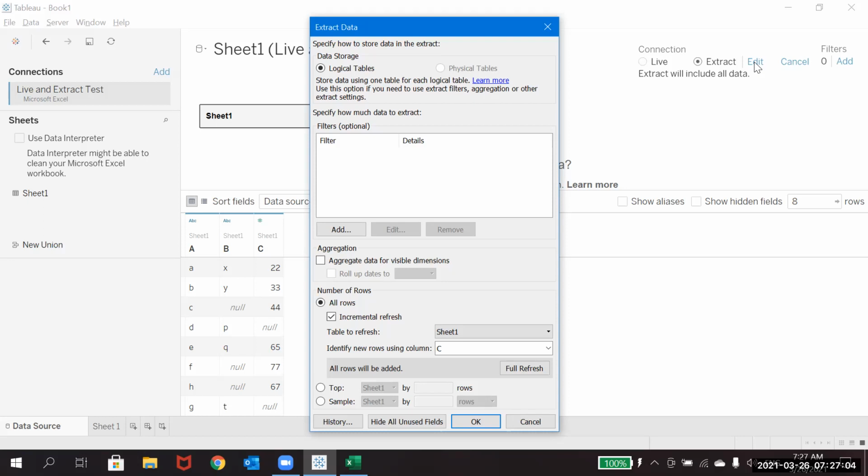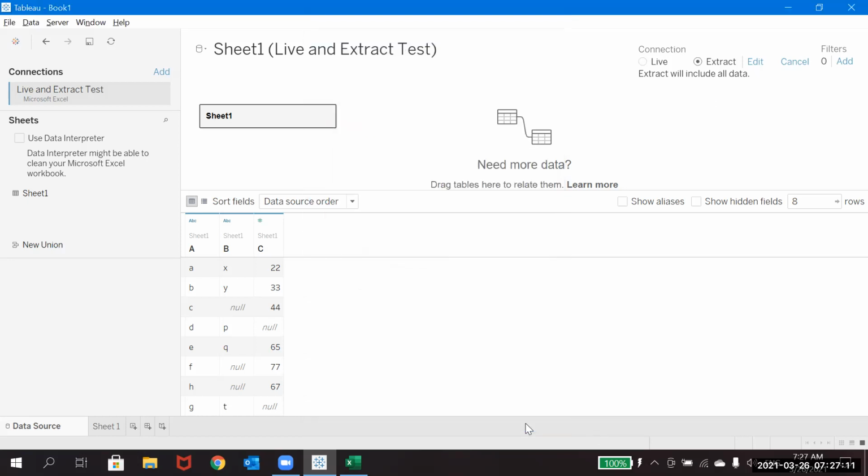But why is this incremental refresh there? Let's say you have a data set with 10 lakh records or more, a huge number of records. Every month you have, let's say, 2 million records newly coming. If you do a full refresh there, it will take too much time.